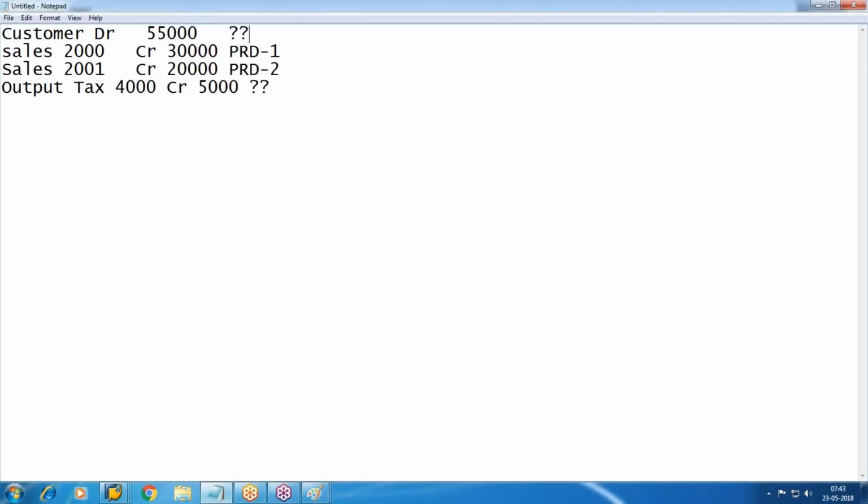This is known as your entry view. Earlier, in classic GL, when the user posted a transaction, we didn't have the profit center concept. So right now, if you prepare the balance sheet, it is not profit center wise. If you prepare the balance sheet, it is not going to balance. Why? Because for profit center 1, credit is there. For profit center 2, credit is there, but debits are missing. Somewhere maybe you will find profit center debits will be there, credits are missing, or cost center is